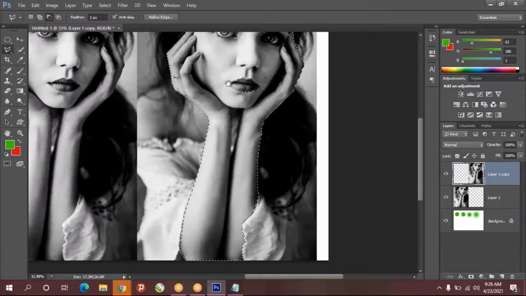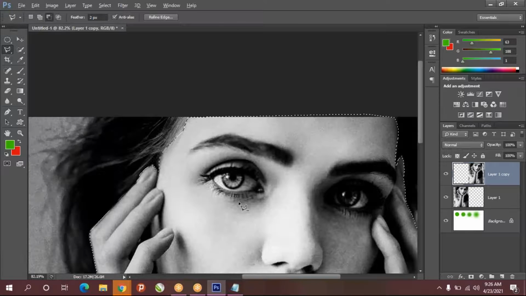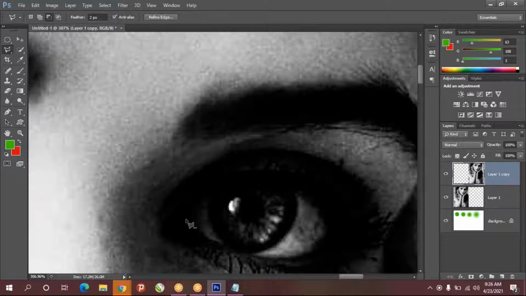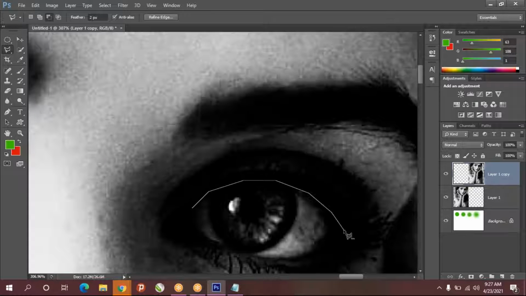So this one I subtracted, and now I'll go for the eyes. Yeah, that's it.